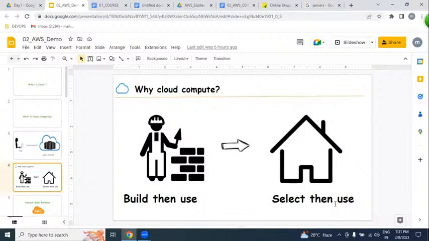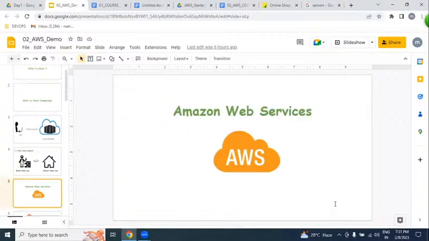But we are going to learn AWS, Amazon Web Services. Any cloud is the same, but the providers are different. Which cloud provider are we going to learn? AWS, Amazon Web Services.